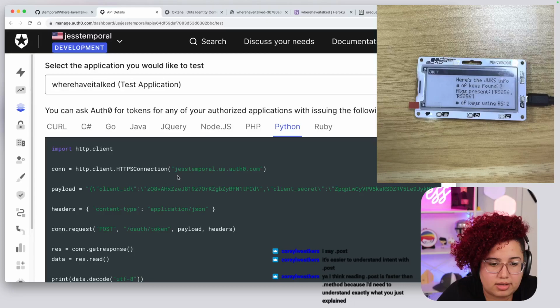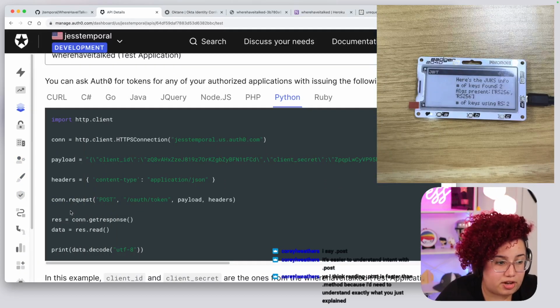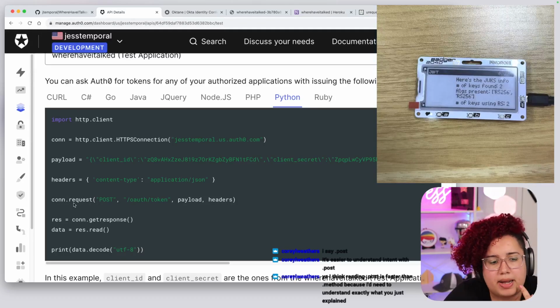So it has the domain in here, the payload, the information, the headers that I need to pass along. And see, in the documentation of Auth0, we do the connection.request instead of .post. But I don't know if the HTTP client does have a .post option. I think that it does, but I don't remember. We can check that later if we want to.